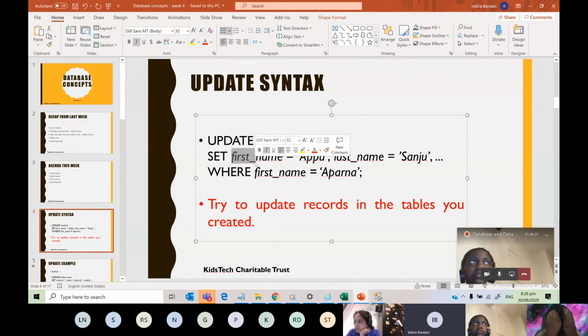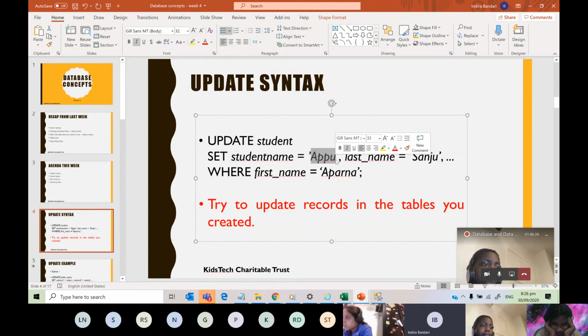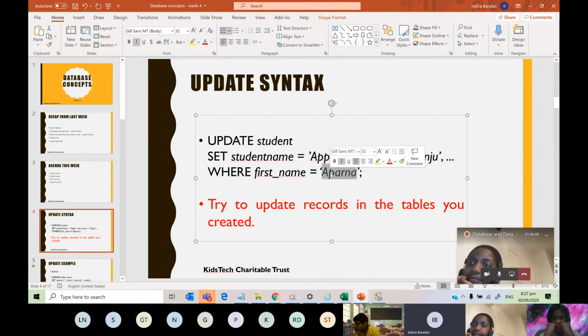We have student name here. Student name equals. Let's say we want to change Aditi's name to something else. What shall we set it to? Let's say Aditi's friend is Tanya.